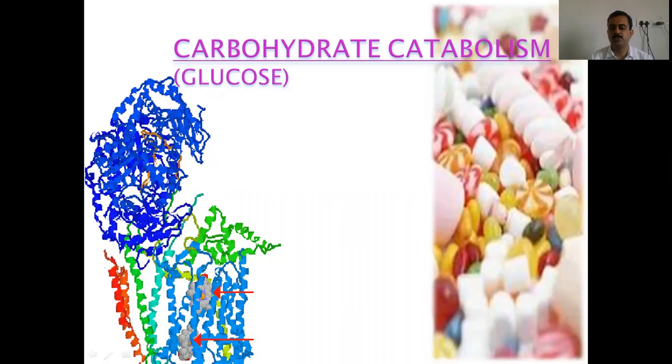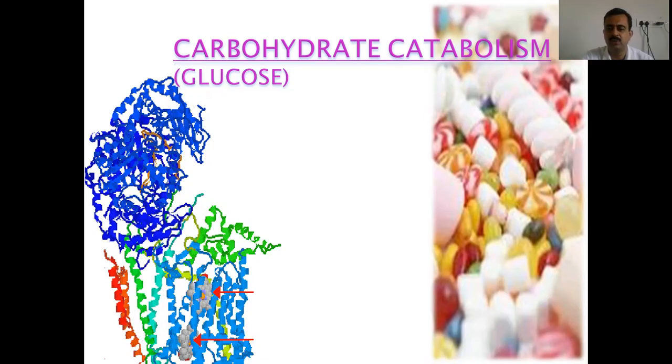Continuing with yesterday's part, we have seen some reactions regarding glucose metabolism. That was glycolysis. The first two reactions we have already completed, out of the total 10 reactions, or 10 enzymes, that catalyze these reactions. So the first two steps we have already concluded, and let us continue with the same part